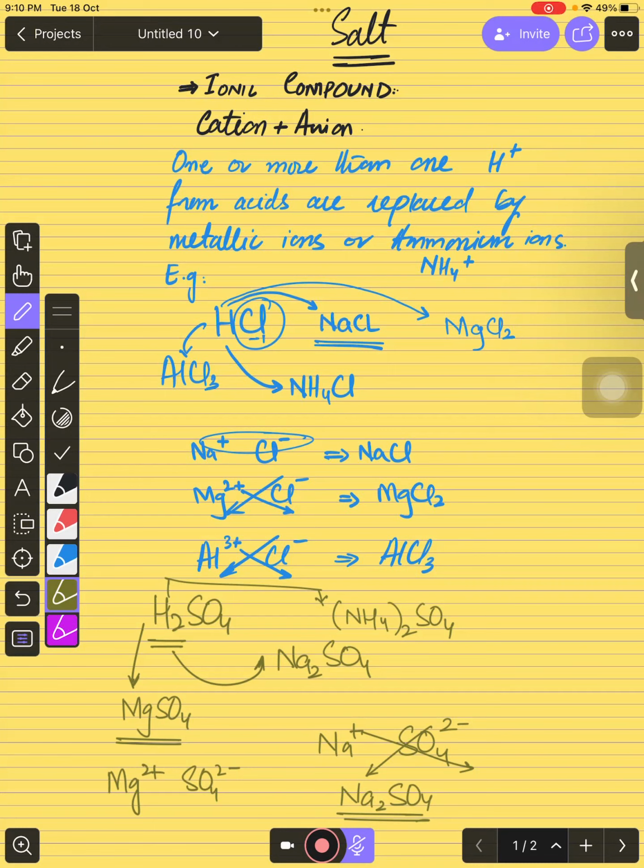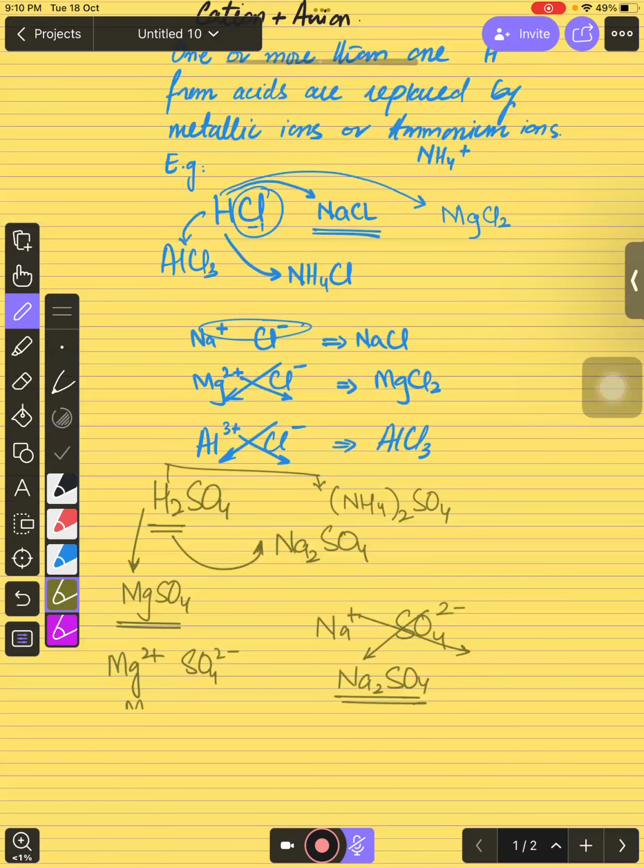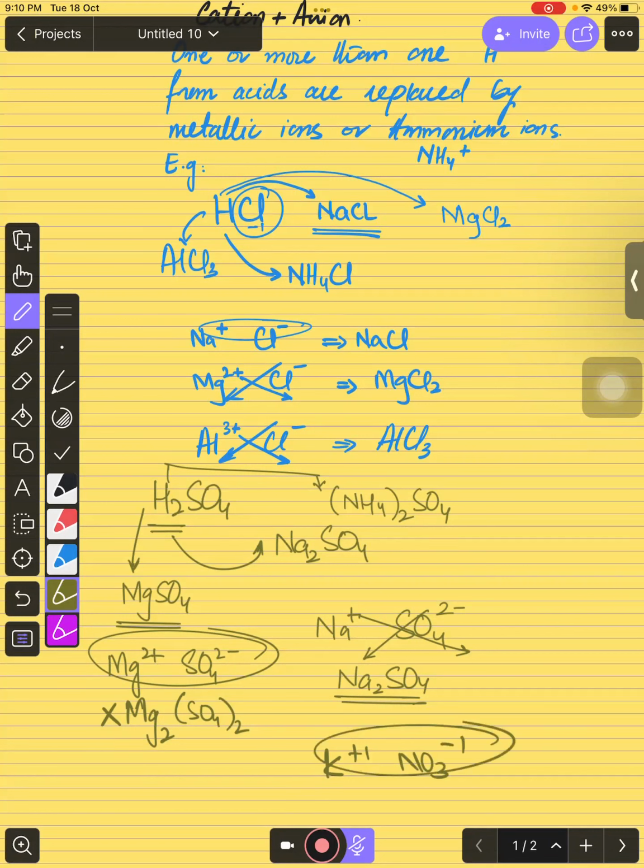ठीक है ना, इसको हमने combine करके लिखना है, ऐसा मत लिखना आप लोग। ऐसी गलती कर देते हो आप लोग, लिख देते हो इस तरह मैग्नीशियम 2 SO4 2, ये कंप्लीटली रॉन्ग है, ठीक है ना, ये सही नहीं है। You need to remember this, जब नंबर आपके पास सेम हो you just need to combine them. अगर K लिखा हुआ है आपके पास, K is +1, NO3 is -1, so you can say that the charges are opposite and the numbers are same, you just combine them, KNO3 same as it is।